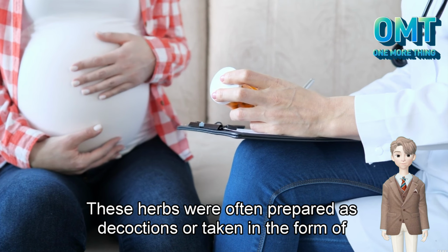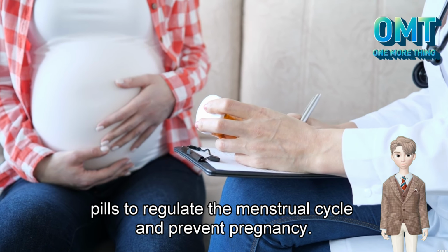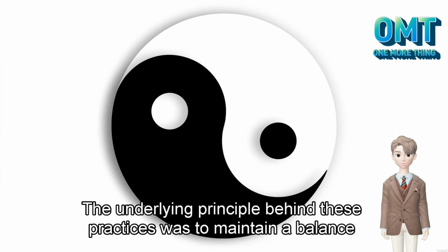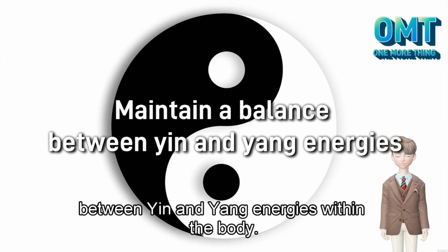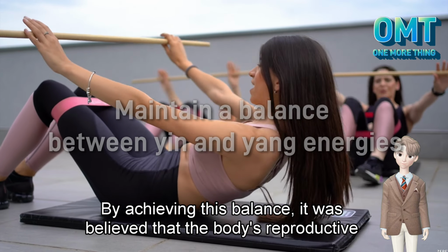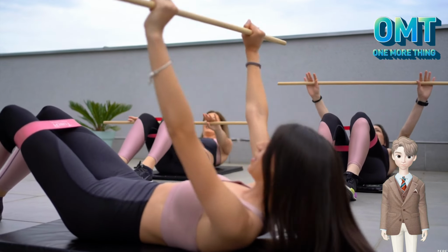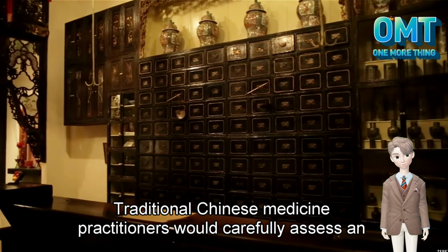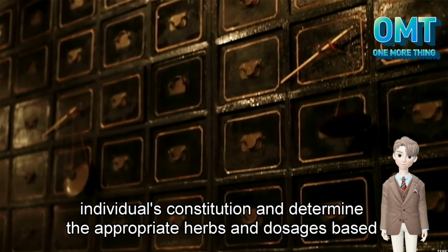These herbs were often prepared as decoctions or taken in the form of pills to regulate the menstrual cycle and prevent pregnancy. The underlying principle behind these practices was to maintain a balance between yin and yang energies within the body. By achieving this balance, it was believed that the body's reproductive functions could be controlled effectively. Traditional Chinese medicine practitioners would carefully assess an individual's constitution and determine the appropriate herbs and dosages based on their